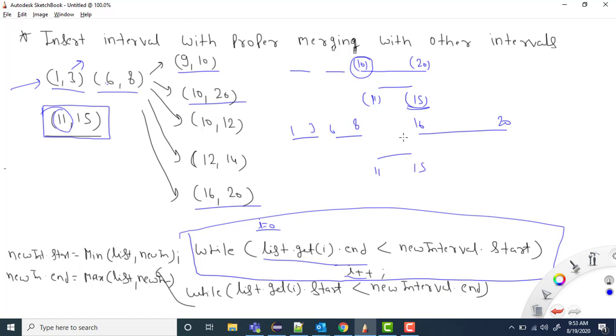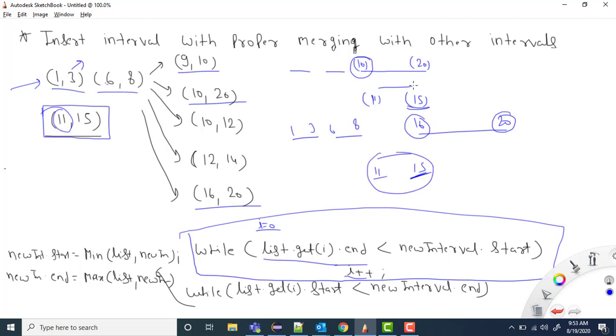When we check this condition, it means the newInterval.end was greater than this start, right? That is why we move to this one. If the value of this end is less than the start, it means this is not overlapping, so we can simply add this one.